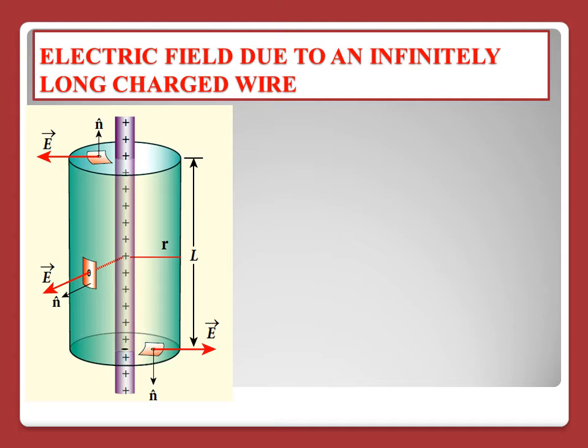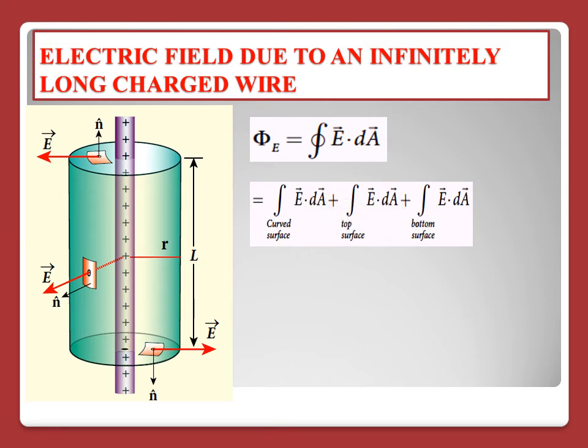Now in order to find out the value of the electric field, we will have to choose a Gaussian surface, an imaginary Gaussian surface. In this case it is going to be cylindrical in nature of radius r and length l. So the total electric flux that is enclosed in the closed surface is given as psi E is equal to integral of E vector dot dA vector. Now this involves three portions, that is the curved surface of the cylinder, the top and the bottom surfaces of the cylinder. Now we'll see what happens to the integration.